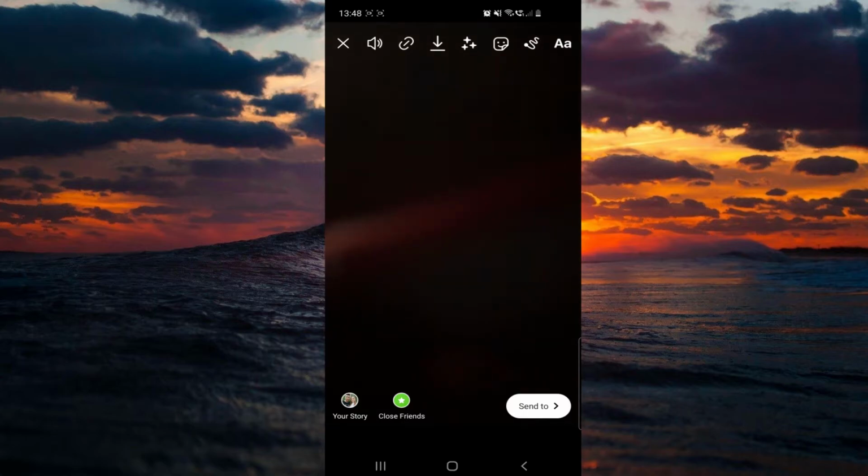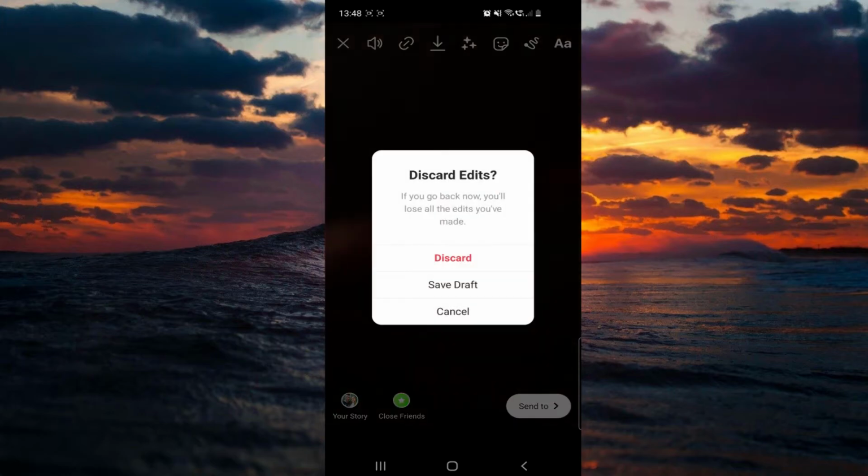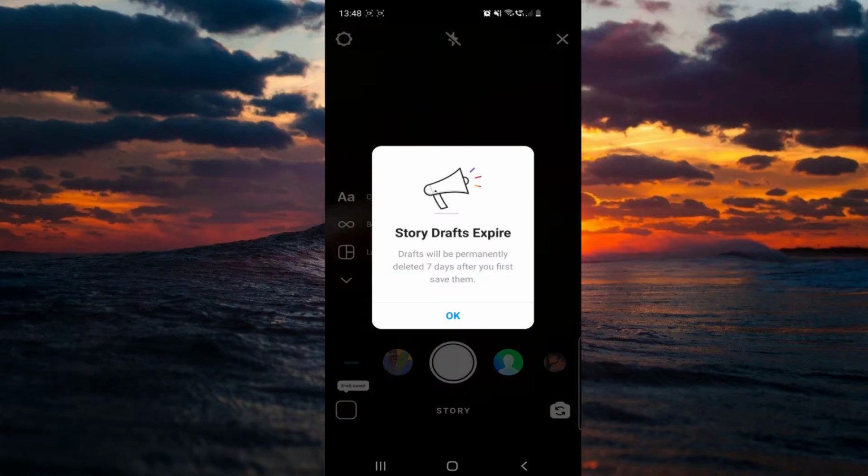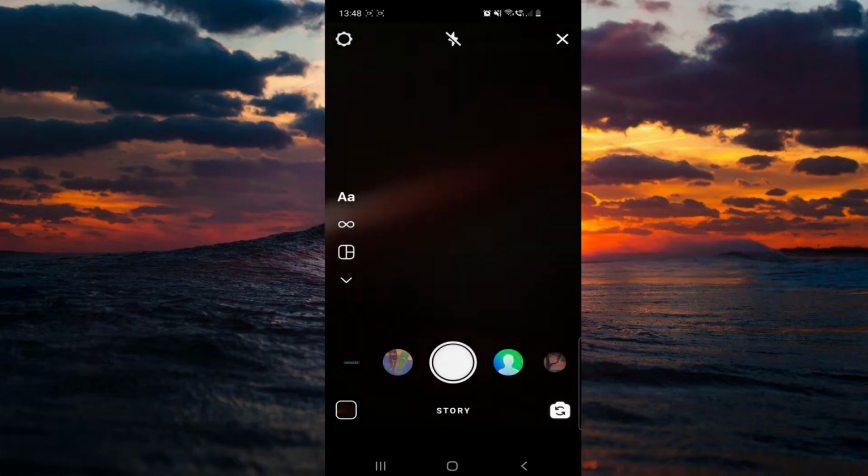And after that, to save this, you just have to click on this X in the left corner from the top of the page. So you just click on that, and here you will find this card: save draft and cancel. So we just have to click on save draft, and like they said, drafts will be permanently deleted 7 days after you first save them. So you just have to click on OK,